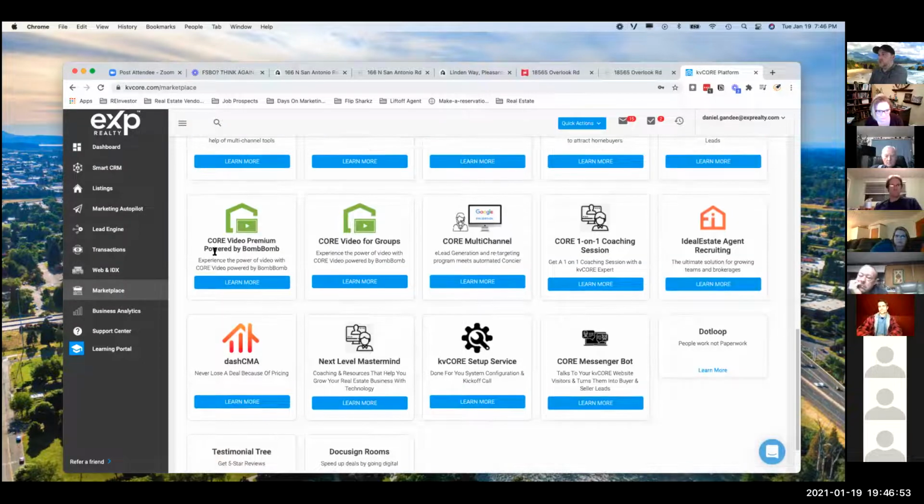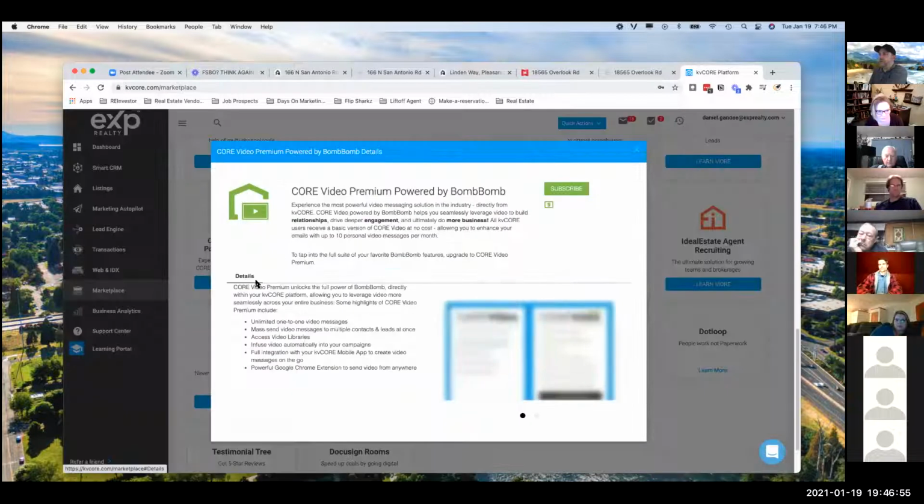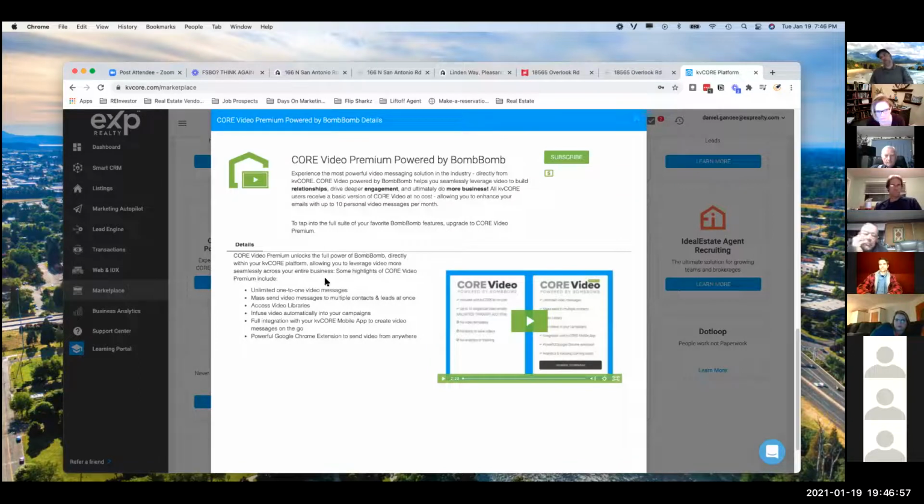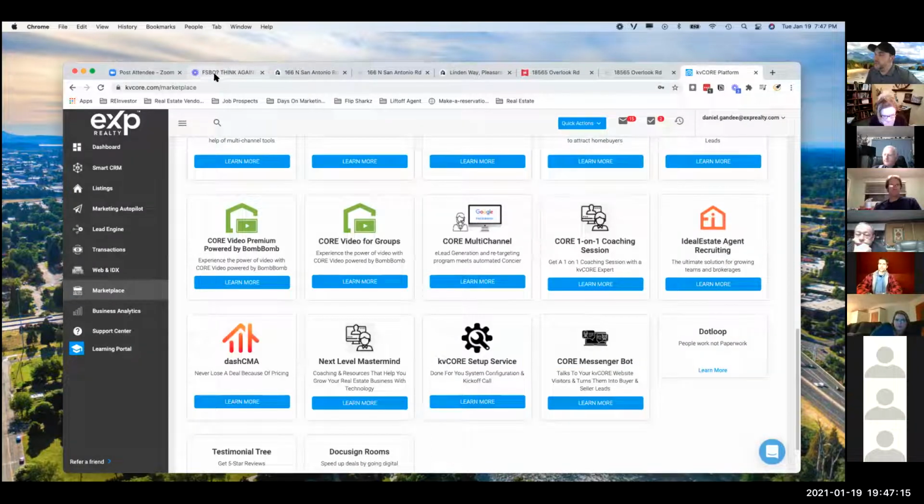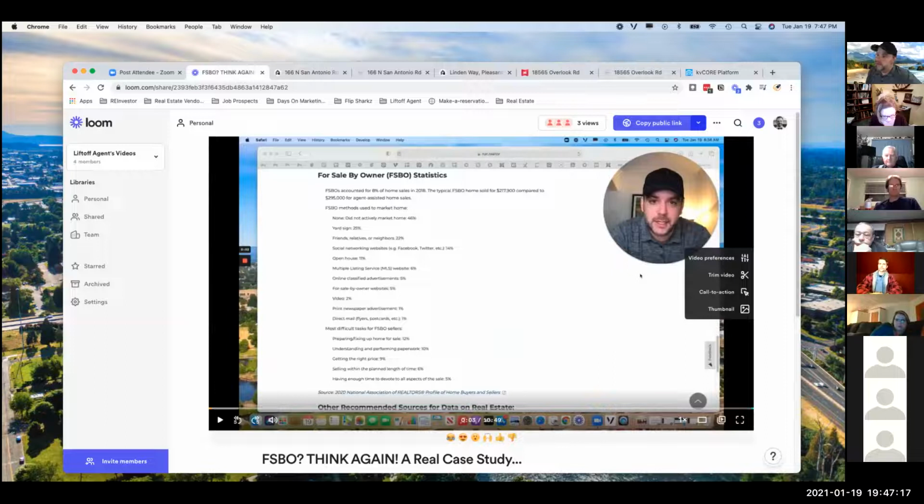Where's this at? Core Video, powered by BombBomb. I think it costs $20 or $30 a month plus a Zapier integration, which is $10. So you're spending $30 to $40 a month just to send out video. Yes, you get a little bit more insight. Yes, it's native within the system, but the reason we've kind of come back to Loom, and I'm on a premium account, our whole company's using it,